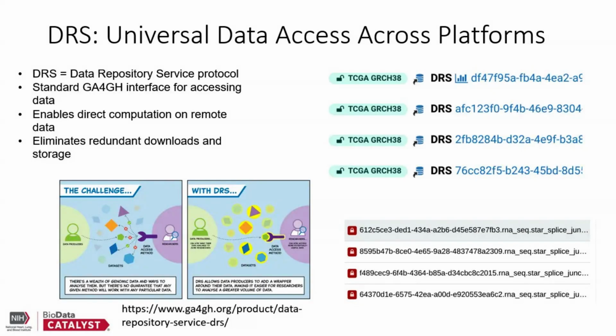Now let's explore one of the technologies that powers our external connections, the Data Repository Service, or DRS protocol. DRS is a GA4GH standard that provides a universal way to access data across different repositories. Think of it as a universal translator that allows Biodata Catalyst to communicate seamlessly with connected platforms like Gen3, Cavatica, and Cancer Genomics Cloud. What makes DRS revolutionary is that it allows you to work directly with data without downloading